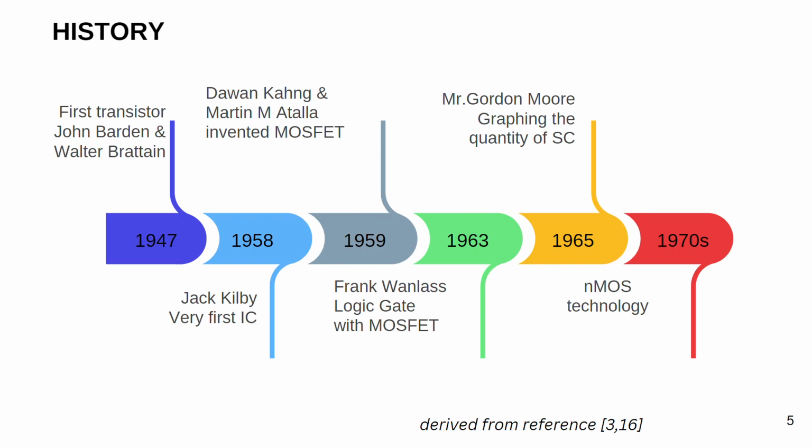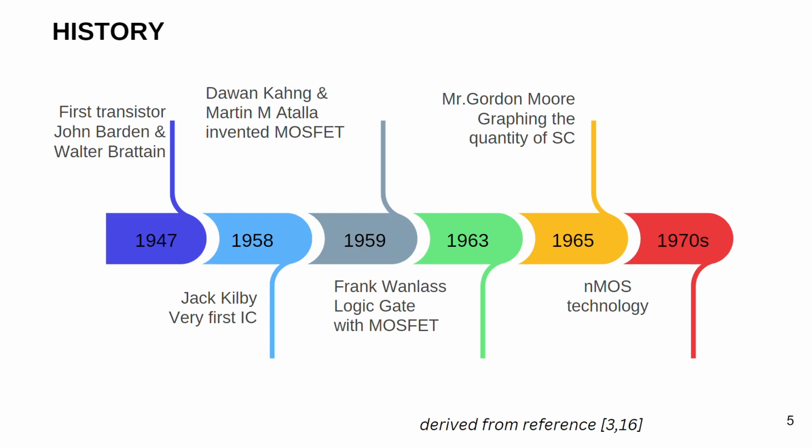Moving on to the history part. In 1947, the first transistor was invented by John Bardeen and Walter Brattain, and it was the first functioning point contact transistor at Bell Labs. And in 1958, Jack Kilby developed the first IC. It was a major milestone in electronics and computing. It marked a revolutionary departure from the traditional way of constructing electronic circuits, which involved connecting individual elements